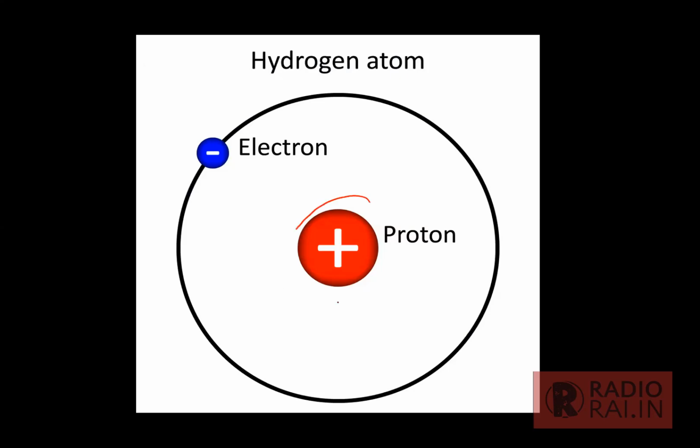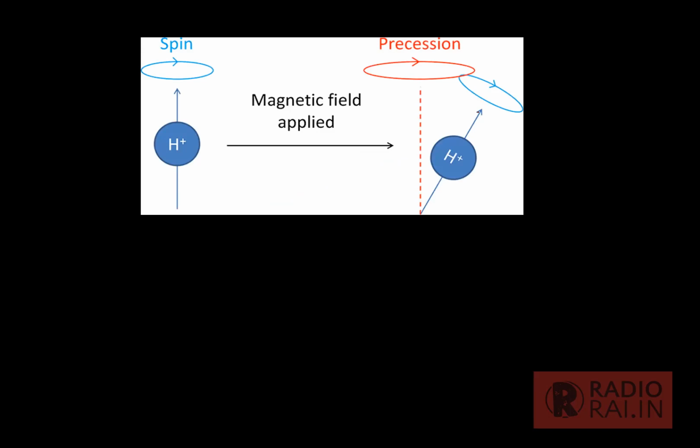Now we have a proton, which is a charged particle. If it is moving, it will produce a magnetic field, and if an electron moves, it will also produce a magnetic field. The hydrogen atom is the abundant atom in the body, because any molecule, from water to fatty acid to protein, contains hydrogen. That's why the hydrogen atom is what we consider.